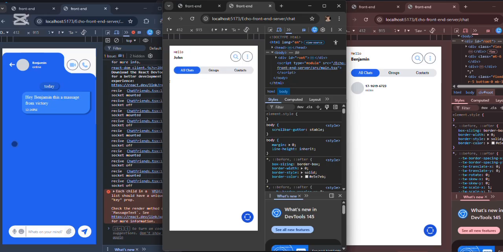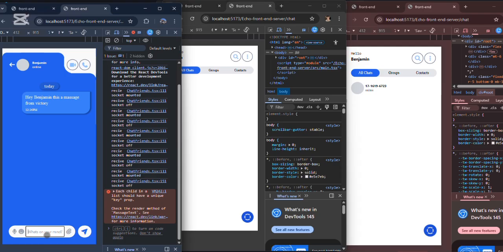Why? Because on our back end it is set to receive new messages from non-contacts or contacts, as long as the user does exist on Echo. And how are you doing today? As you can see guys, if you look over here on our online status, you will see a typing notification that does alert the user if a user is typing. And when the user does send his message,